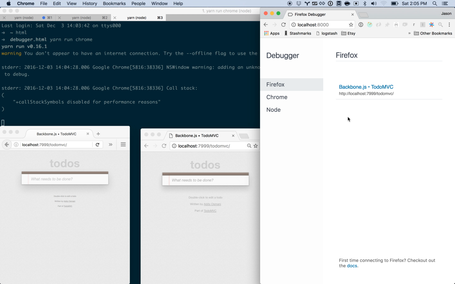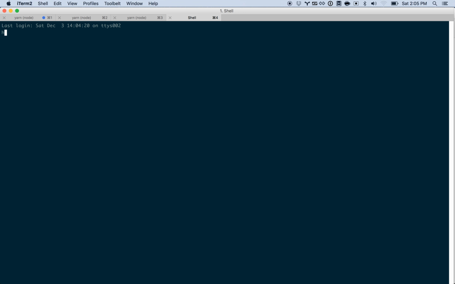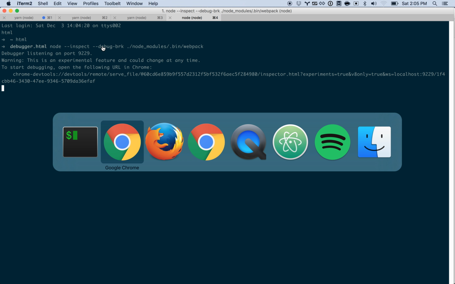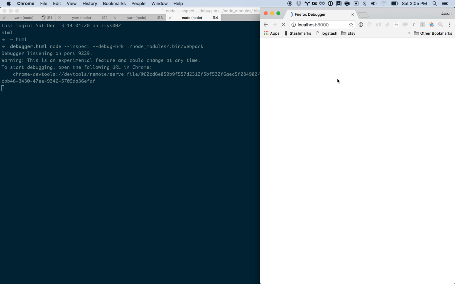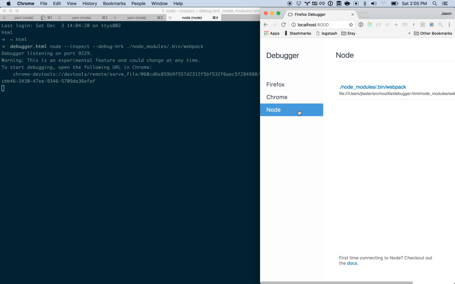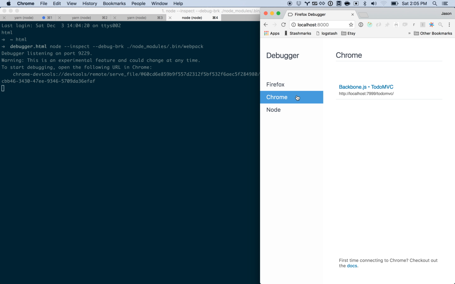And now we've got the debugger server running over here, and we've got our two debuggees, Chrome and Firefox, right here. And the debugger shows us the tabs we can debug, Chrome, to do, Firefox. If we had a running Node app, we could debug that as well, and it's pretty easy to do that. In this example, we're running Node to run Webpack, but we're pausing on the first line. Go back over here and refresh. We can also debug Webpack. So now I'm going to say I want to debug this tab,